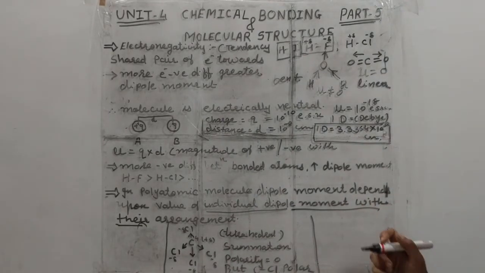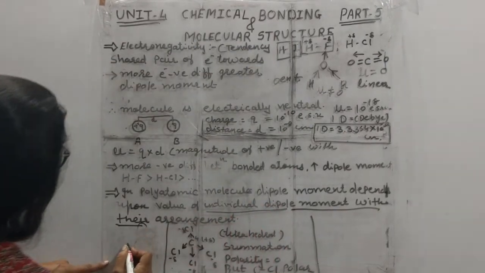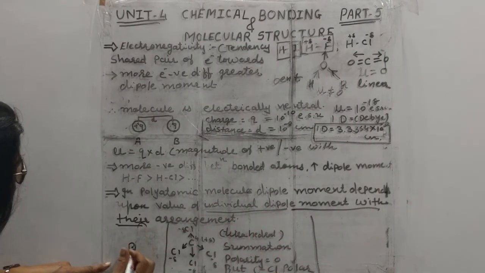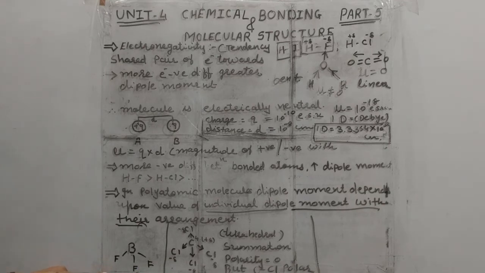So for BF3 and NH3, if we study them, what is the dipole moment for BF3? Boron, F and F. So now, what is the electronic configuration of boron, students? Boron has 5 electrons, as hydrogen, helium, lithium and boron. So here it has one more electron which does not take part at all. And boron and fluorine: fluorine is more electronegative than boron.